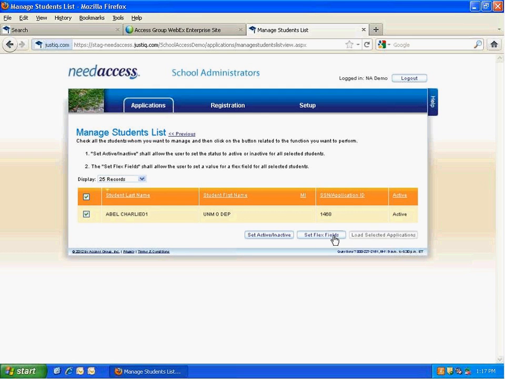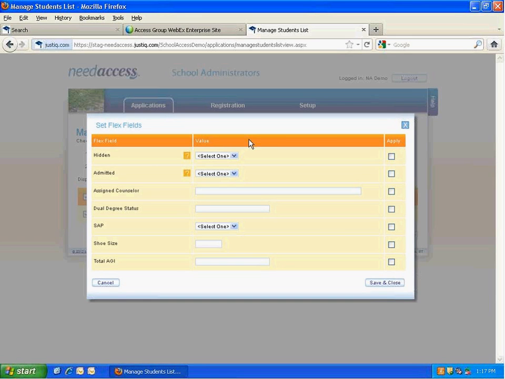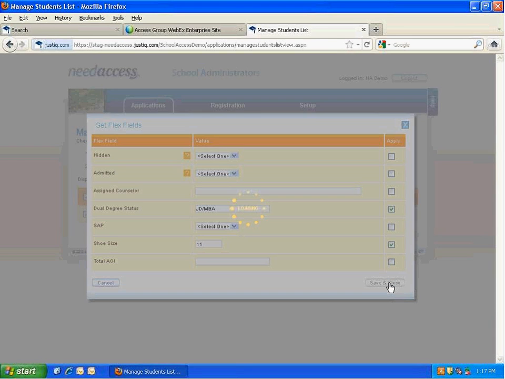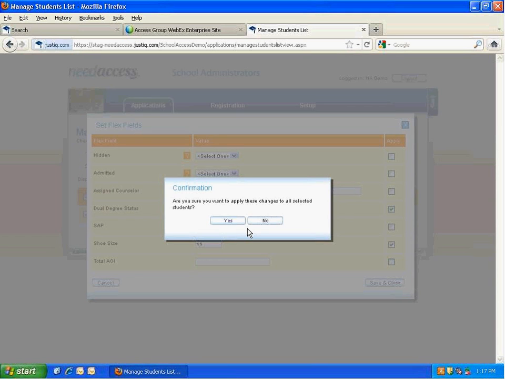Now, we want to set FlexFields here in the middle, and dual degree. Let's say we wanted to indicate that the student was going to be pursuing a JD MBA. I actually want to check this box over here to the right to indicate that this is the line that I want applied to all of my students. And while we're at it, let's say he has a shoe size of 11. Again, check the box to indicate that I want to apply this line to that student, and then save and